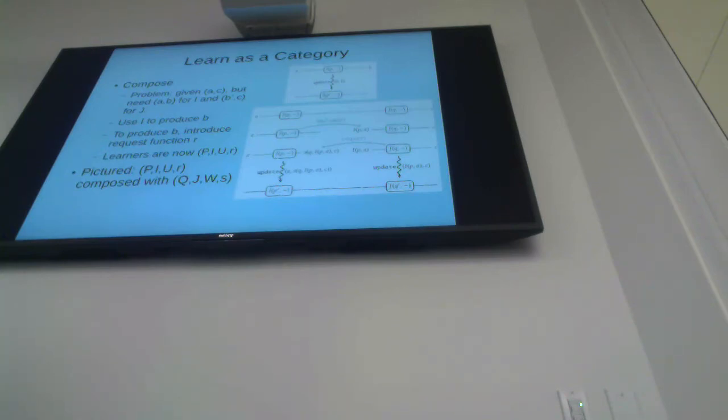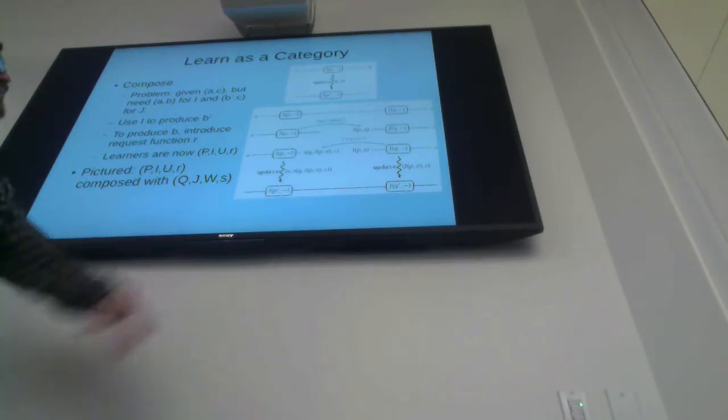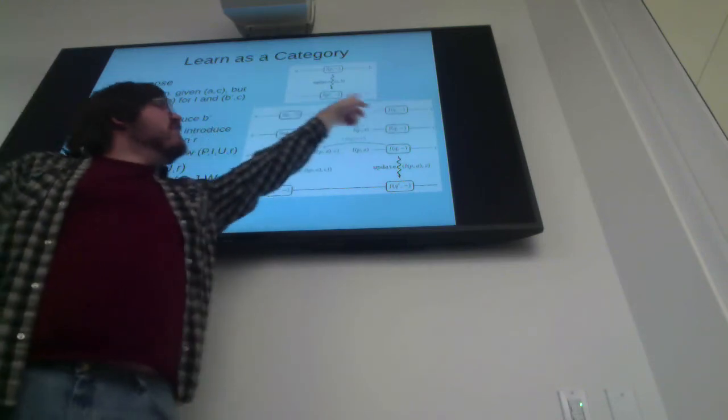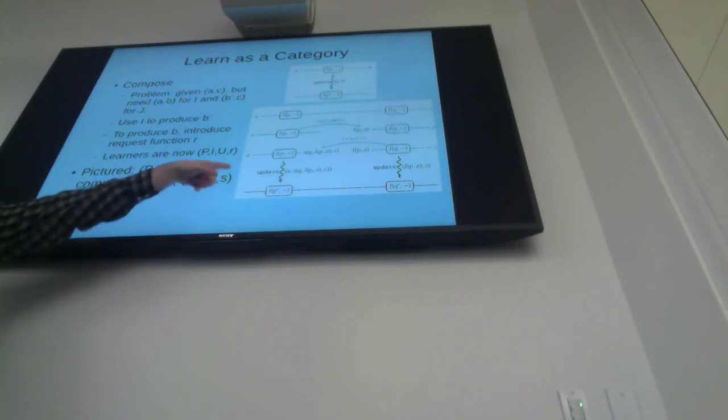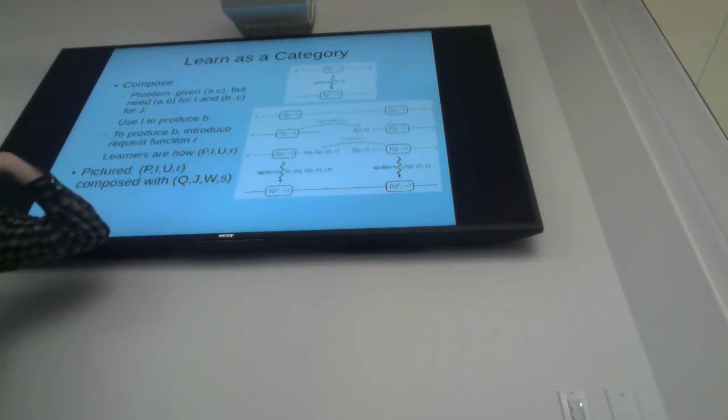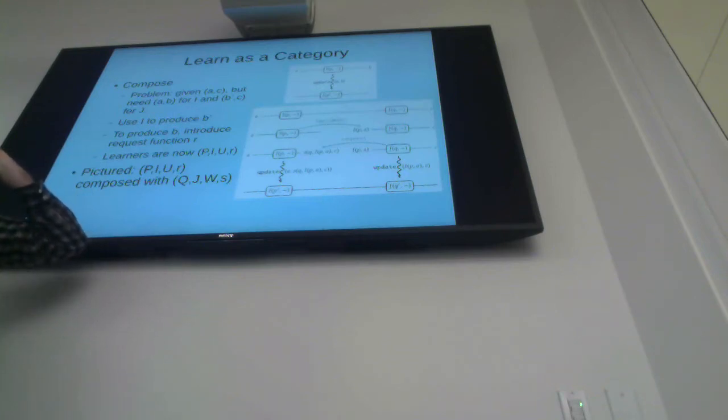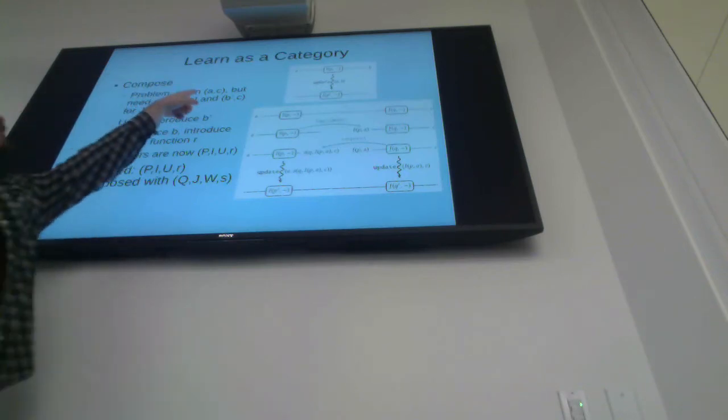This is kind of interesting, because normally I think of composition as going the opposite direction, where you're given AB and BC, and then you form AC, but here it's the opposite way. Why is that? So you're given AB and BC, that's the I and the J here, right? So you have I, U, and R, you have J, W, and S. Oh, I'm going off of the first sub-bullet point where you say given AC, but need AB and BC. Right, and you get,